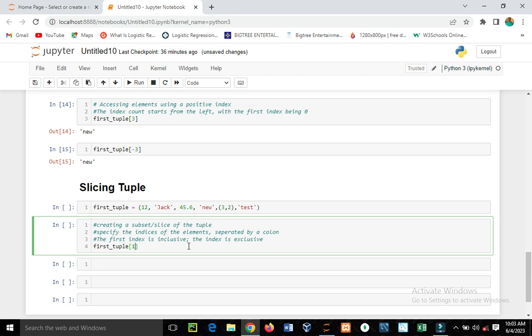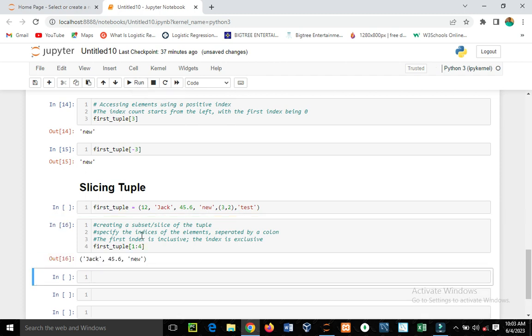1 to 4, 1 to 4, and let's see what happens. Run. Now mind you, we did not include 0. Like I mentioned there,